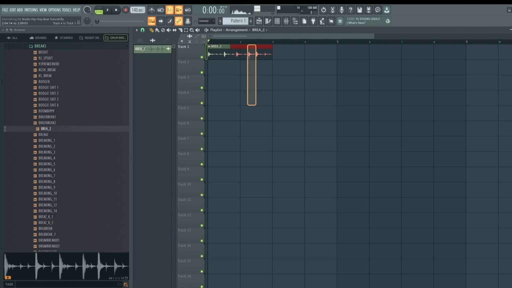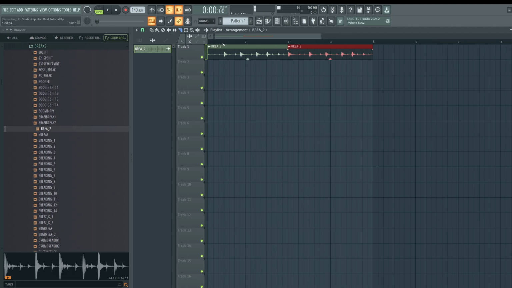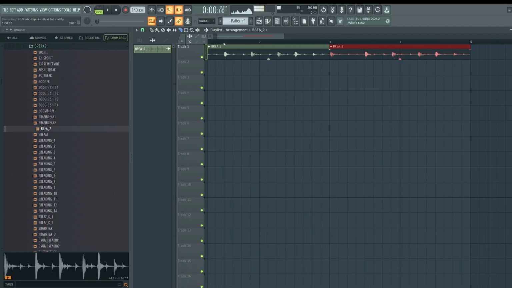So firstly, what we'll do, we'll take this sample, we'll hit Control B. Let's grab what's called the slice tool, which is this icon on that toolbar up top in the playlist. Let's change our snap to grid to like a half beat or a beat. And what I'd recommend is you slice at the snare drum or slice at the very ending of something. Okay, so there's no hard rules for this. My technique is slice at the snare drum or slice at the very end of something. I'll show you guys why.